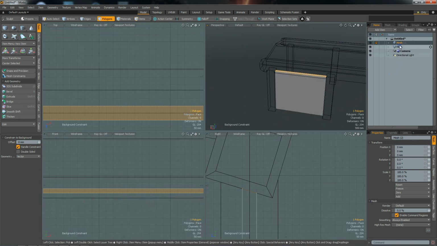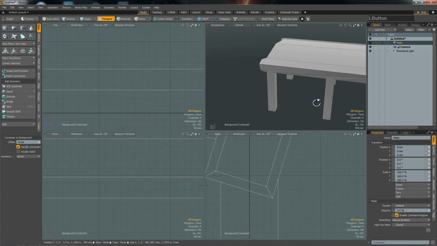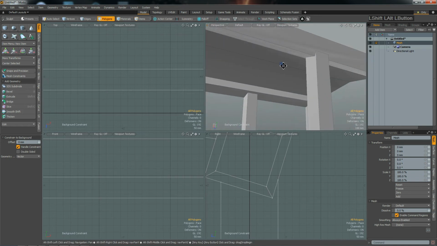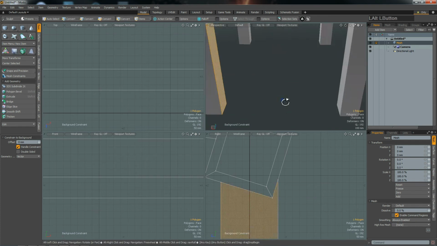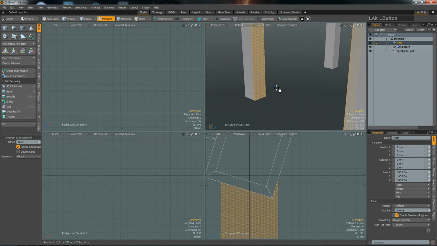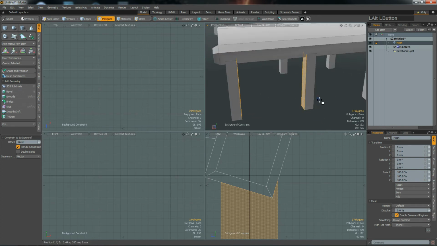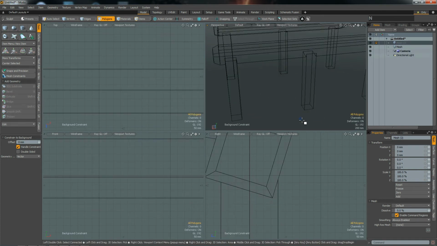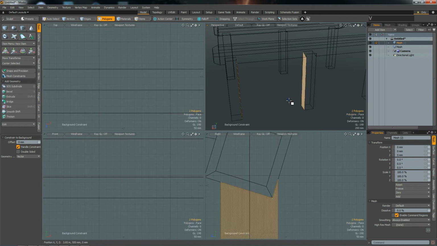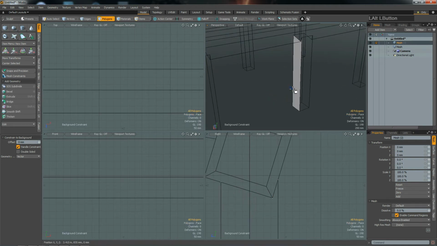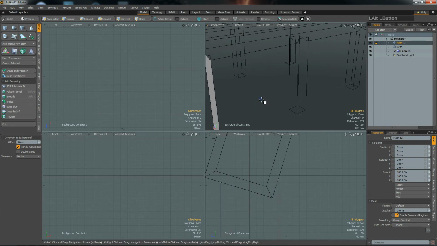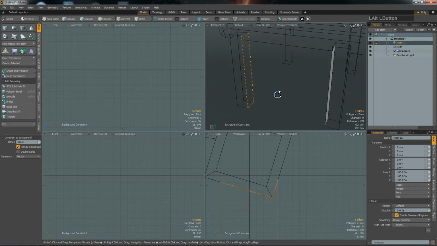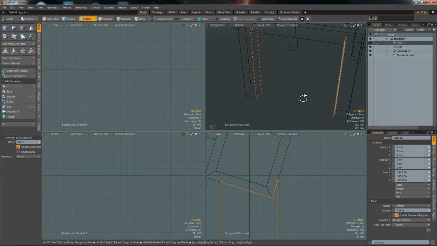But let me just show you another method that could be applied here. Since I have already my side walls here, I could use them to create a cube as well. I just copy my two faces that I have here, Control C, N for new mesh layer, Control V. Now I have my two polygons in here. Of course they are facing the wrong side, so I hit the F key to flip them around. I select both edge loops,